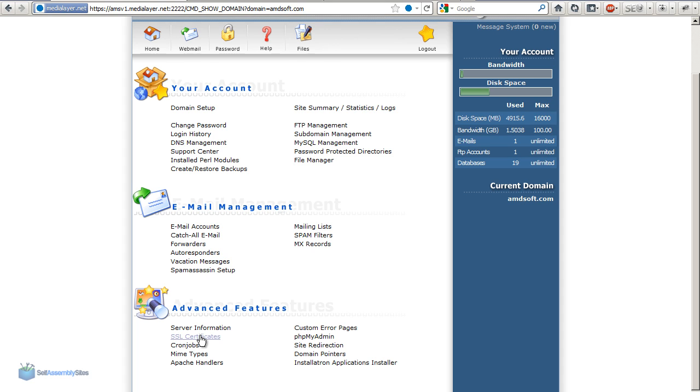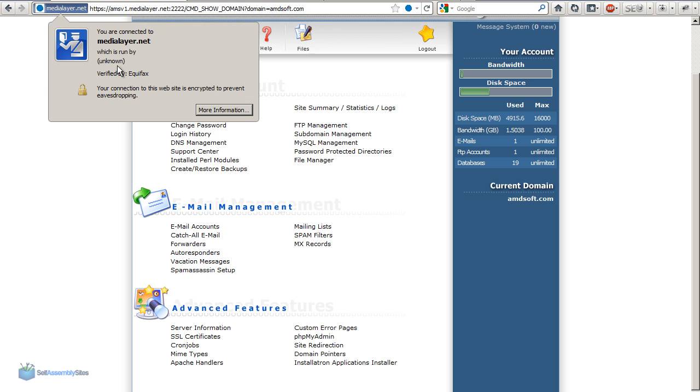What they do is they allow you to identify a website as an authenticated website. So for example, you'll see up here the little icon that Firefox shows me for MediaLayer. If I click on that, it says it's verified by Equifax, and the SSL certificate gives us that information and tells us this is encrypted. So for example, if you're on the PayPal website, you'll get an SSL certificate to tell you that it's verified as PayPal, and that will let you know that you're on the actual PayPal